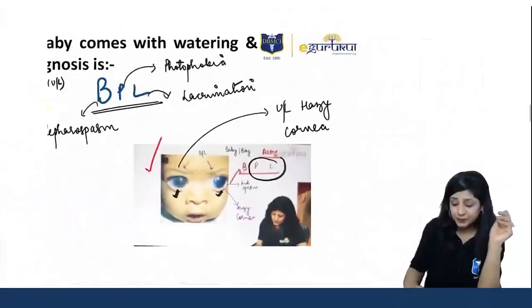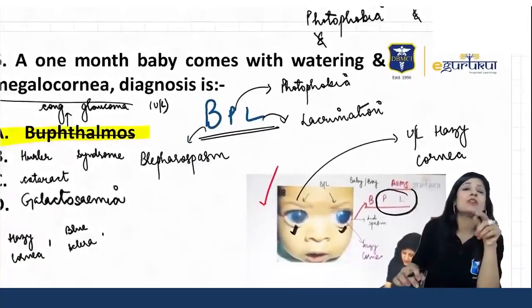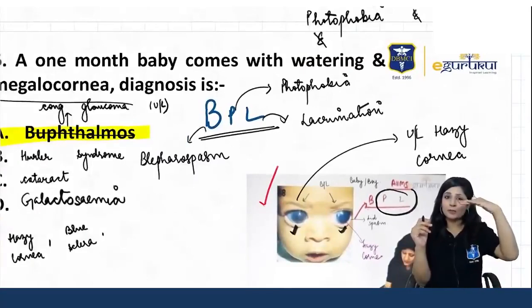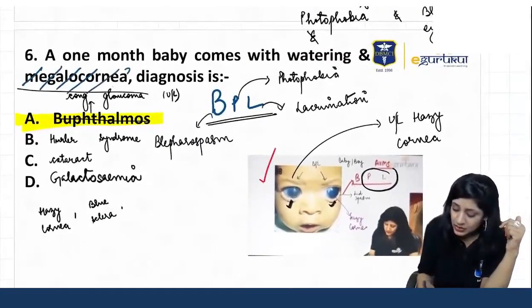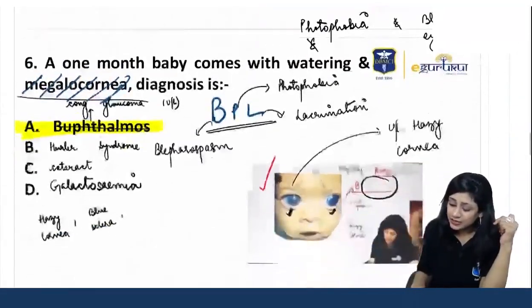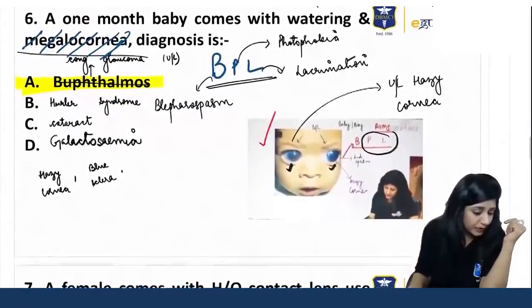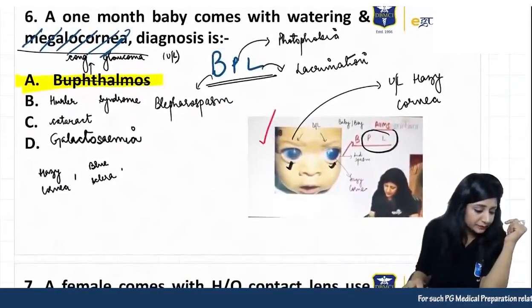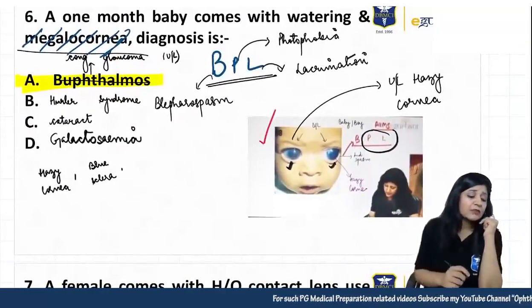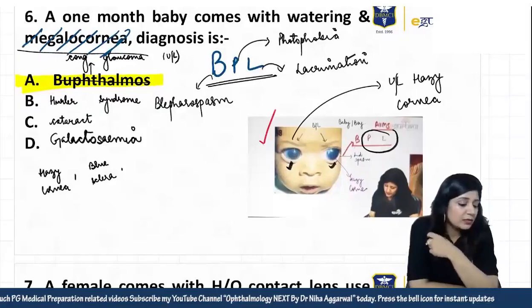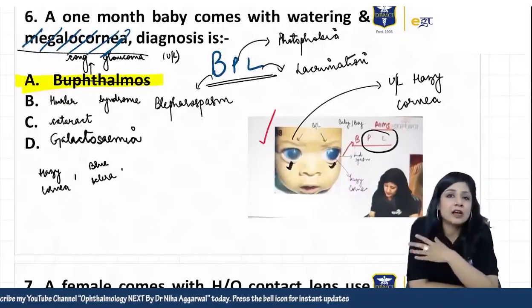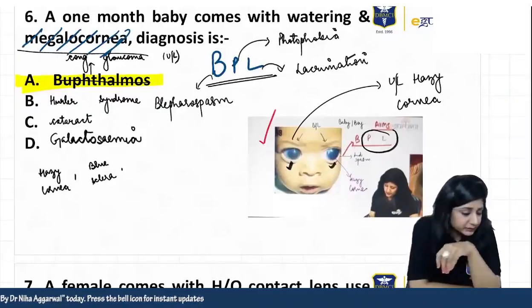I think most of the times they do not give megalocornea, and I told you how to judge from the image that it's a megalocornea. So megalocornea we cut. It was photophobia, it was lacrimation, and blue eyes were there. Similar but not exact. Okay, one eye was having a hazy cornea and another is a blue cornea. It is not a blue cornea, it is blue sclera. It's the blue sclera. Okay?